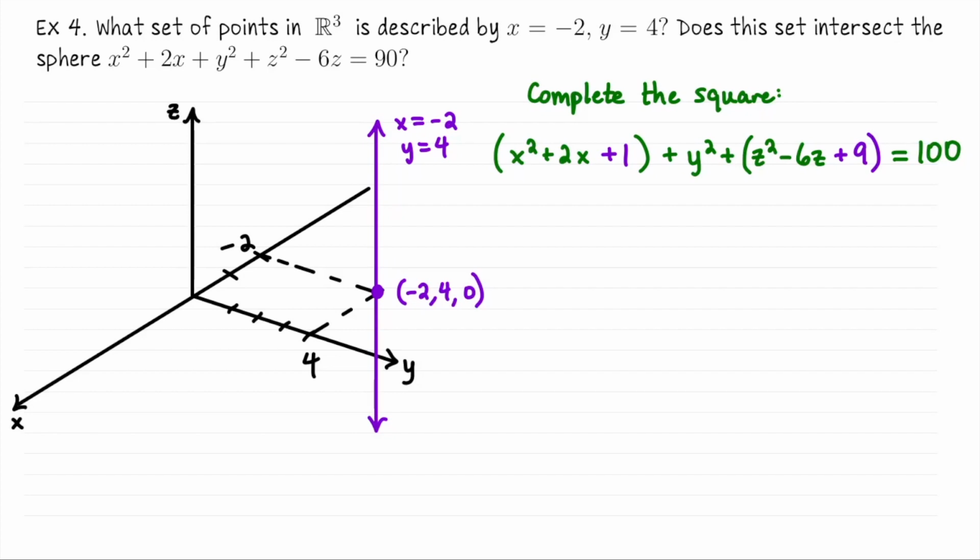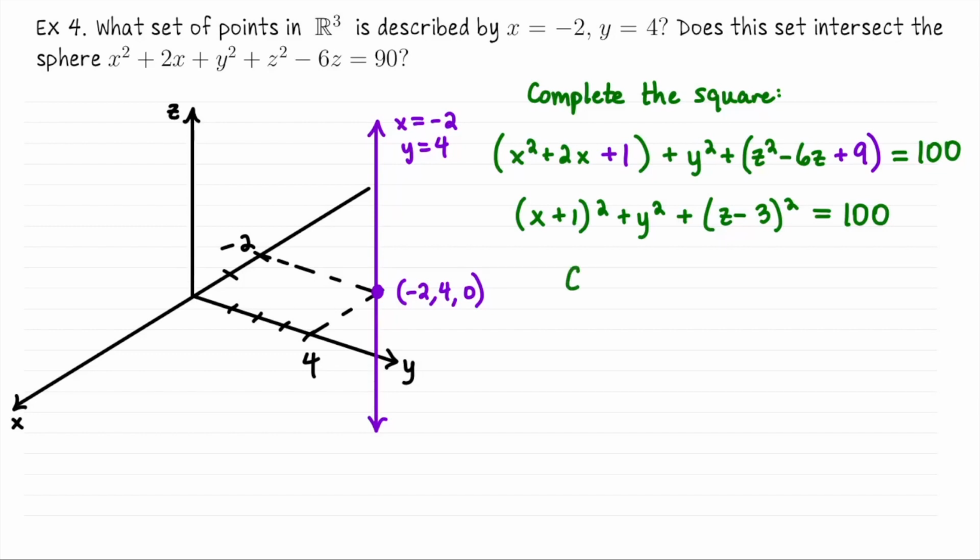All right, the nice thing about completing the square is that it allows you to factor those terms where we added in new coefficients. So we're going to have that the x terms factor perfectly into (x plus 1) squared. There was nothing to do for the y squared term, and then (z minus 3) squared equals 10 squared, so equals 100.